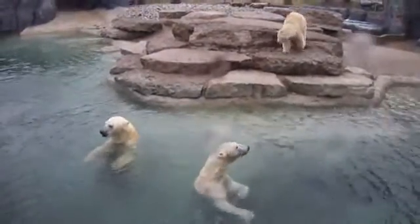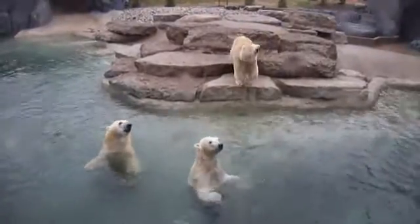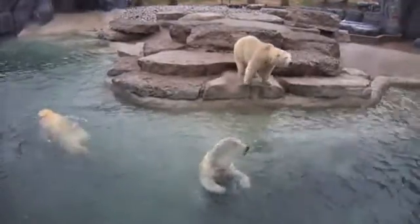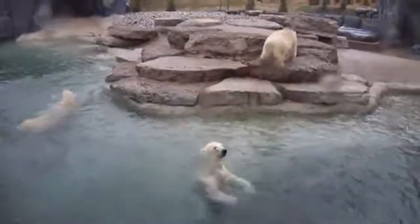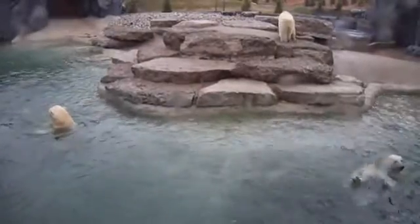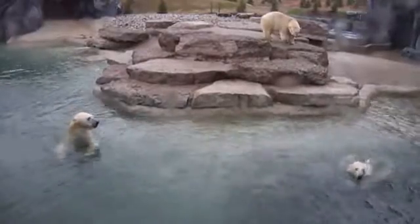It develops a little bit, doesn't actually implant in the uterine wall until the fall, maybe about September or so. And at that point, the true gestation period starts. It's about maybe a little over 2 months. And polar bear females that are ready to give birth will typically dig an excavation, a little hole, either in the earth or in the snow or ice, and they'll basically entomb themselves in that until they give birth,